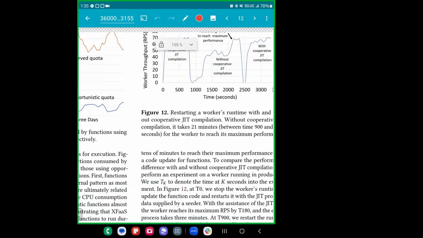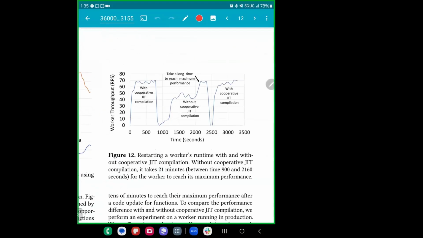They also brag about their cooperative just-in-time compilation, and how it improves the throughput. With the cooperative just-in-time compilation, you can ramp up the throughput quickly, but without it, every worker needs to do